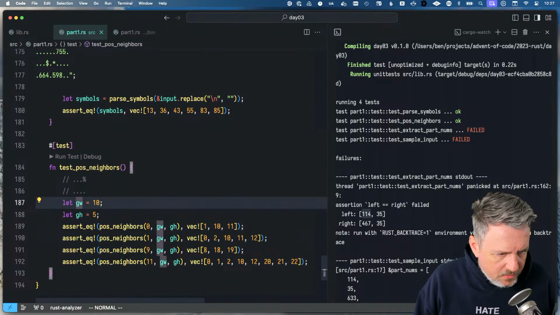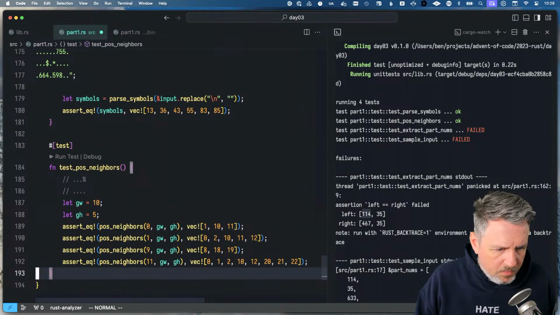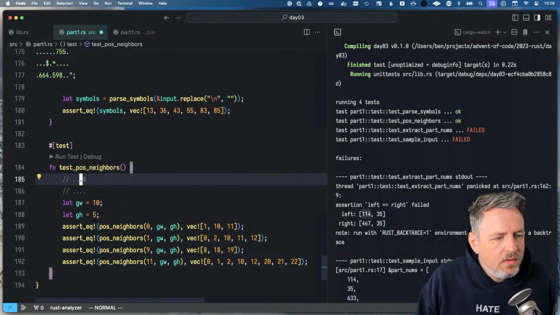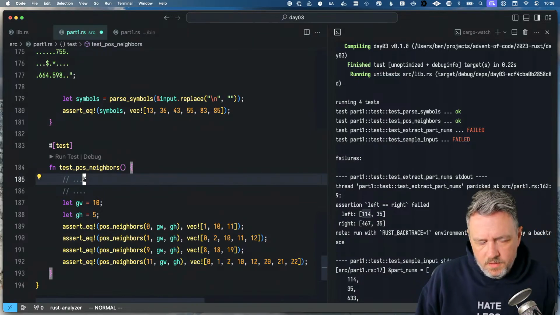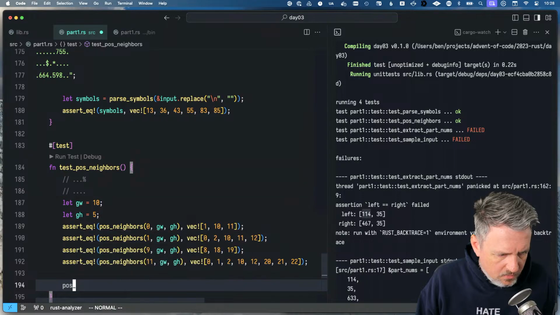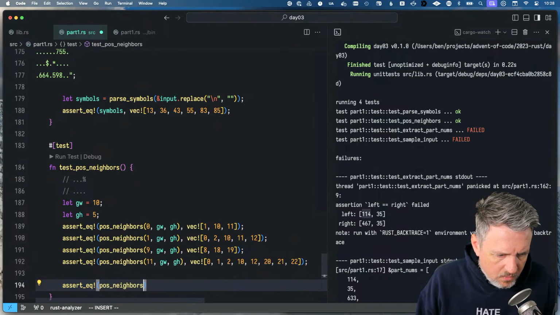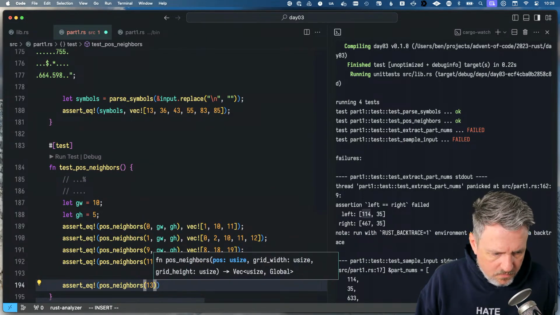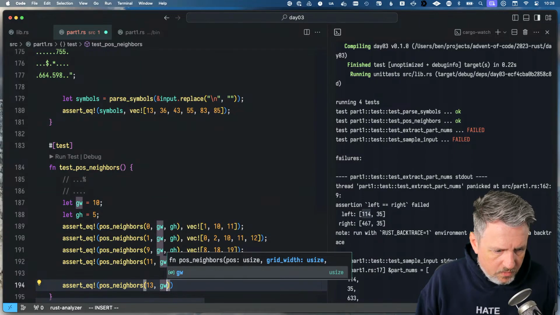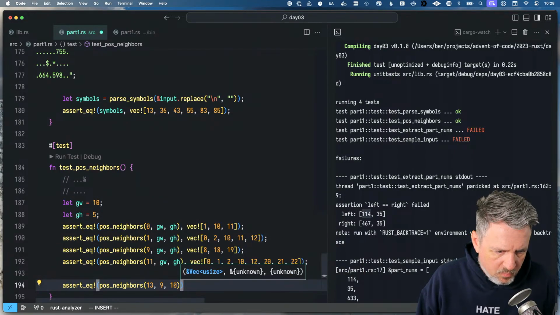So we are testing with a grid width of 10 and 5. Well, no, the grid width in here doesn't matter because we're just doing our tests. So I want to test that given a position, equal position neighbors of position 13 with a grid width of 9 and a height of 10, which is our example, that gives